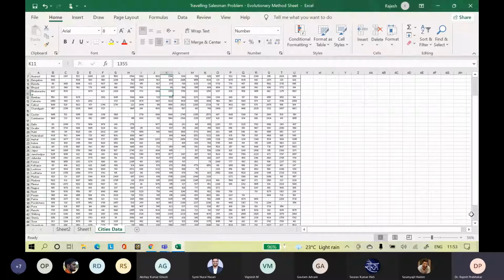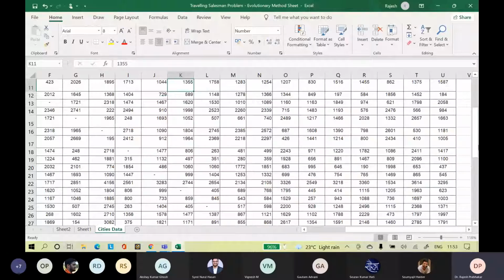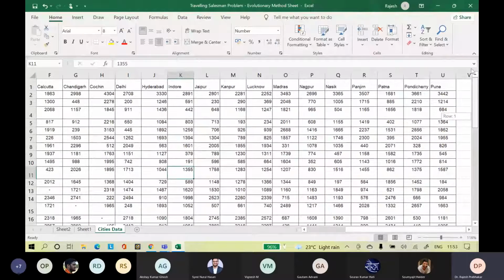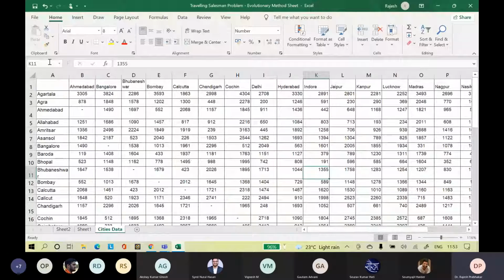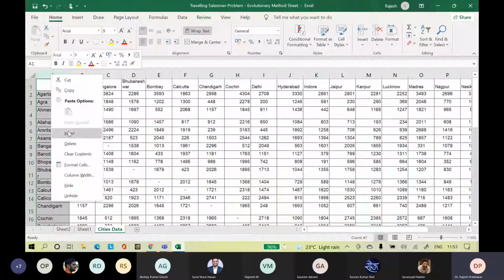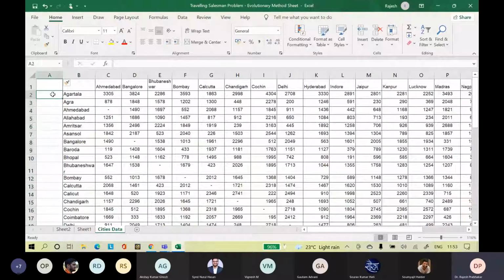So all the distances are from each city, right? There is a matrix of distances between the different cities. Now, all of you go to the first column. Insert a column before the state city names, and then give 1, 2, 3.